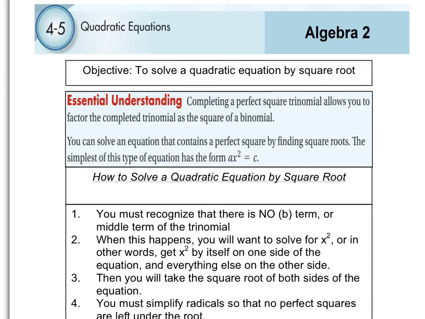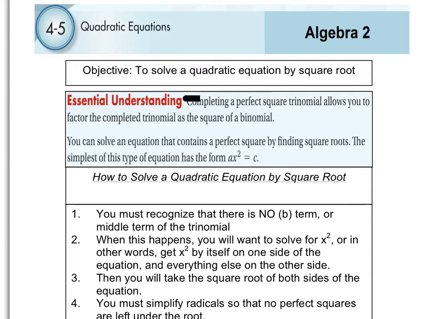Okay, we finish up section 4.5, solving quadratic equations. And we're going to solve quadratic equations in this section by square roots. Okay, so that's our objective here. And as you look at your essential understandings, I'm more concerned with us looking at